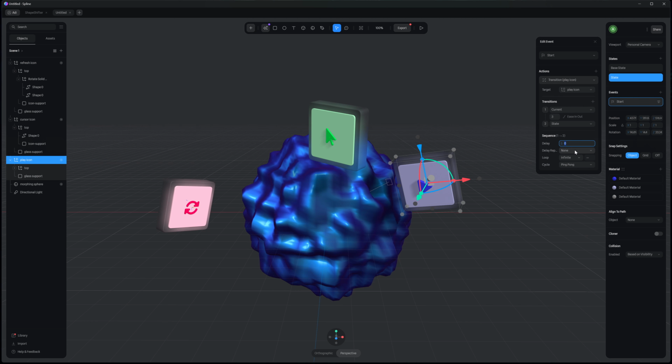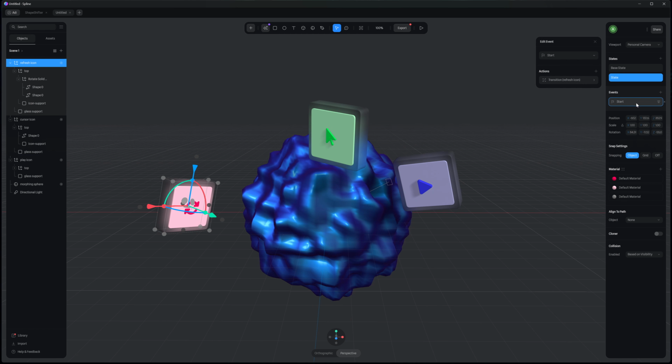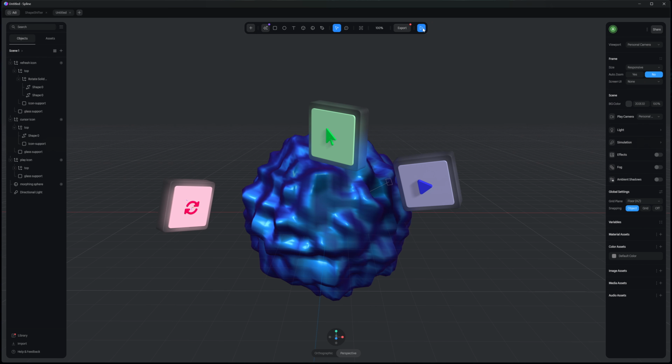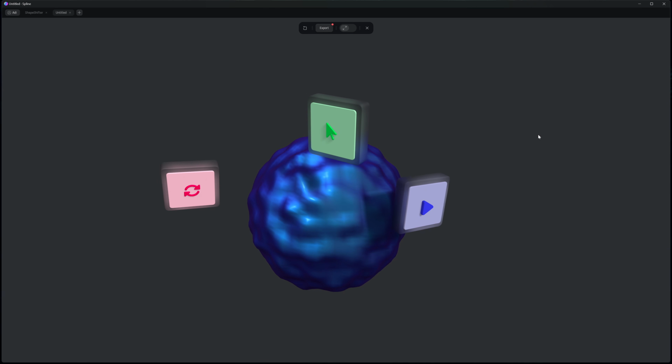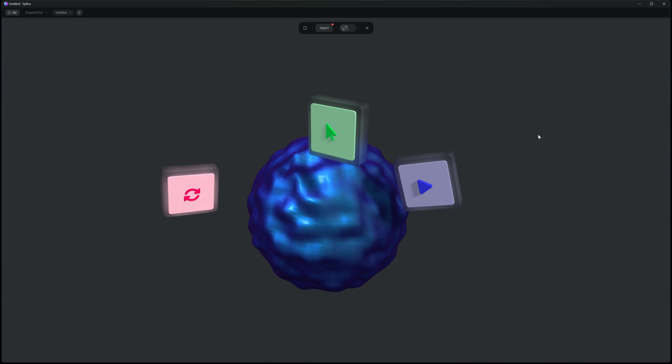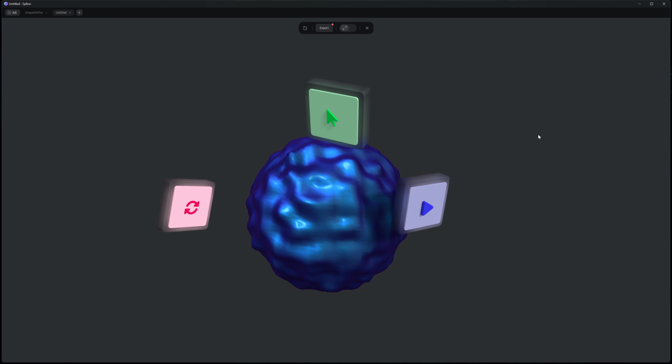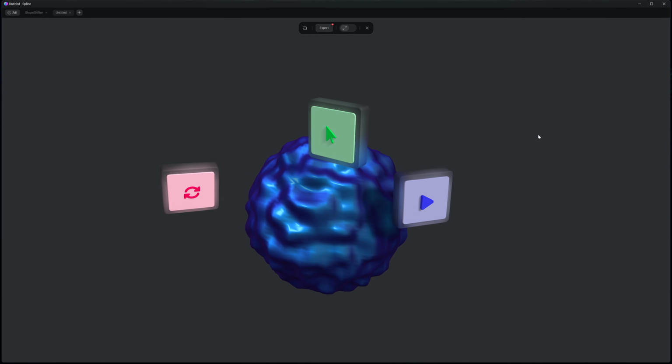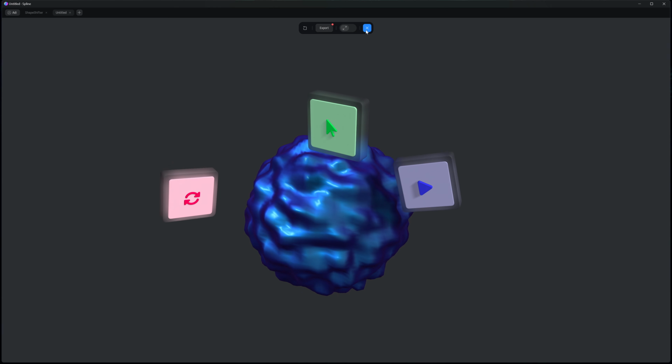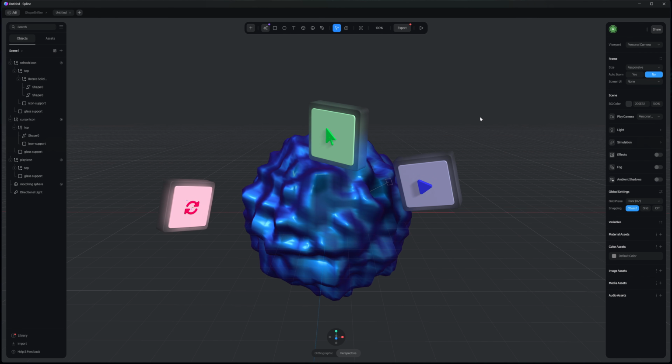I can add a delay, let's say 1 second. Let's do a 2-second delay on this one, or a 3-second delay. So now it looks like this. And you can play around with this as much as you want and tweak the different properties, but essentially it's